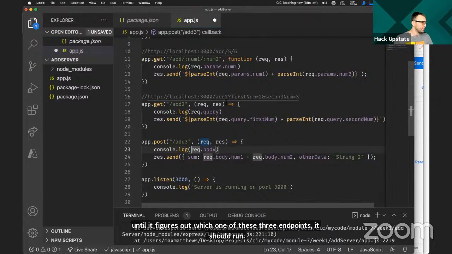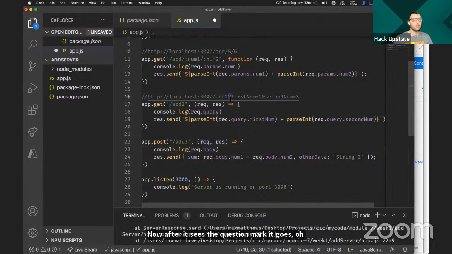Now, after it sees the question mark, it goes, oh, there's some query parameters. There's some additional data coming in here. Let me pull that apart and make first num and second num keys in this object called rec.query, and their values are going to be 2 and 3.